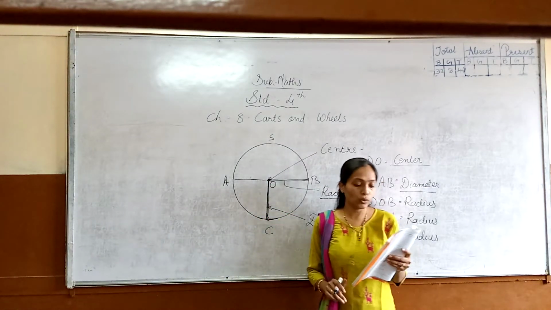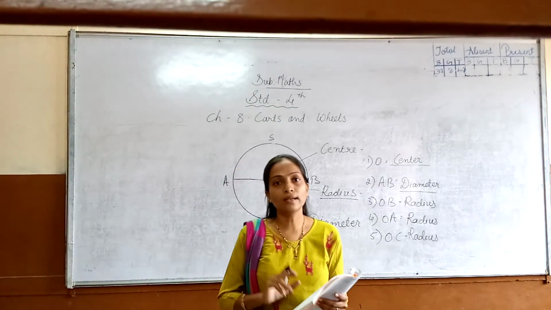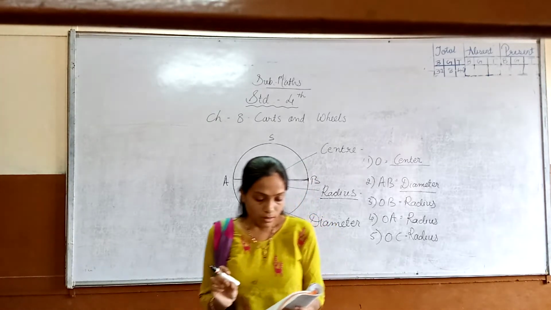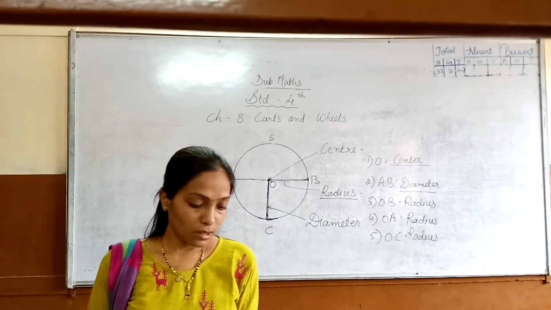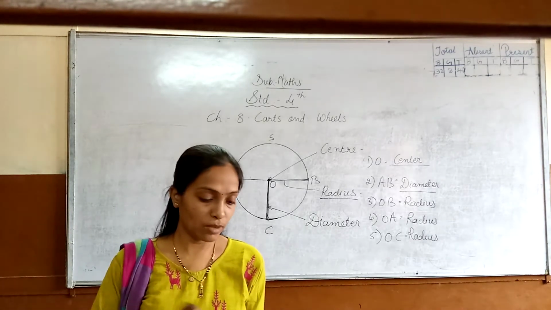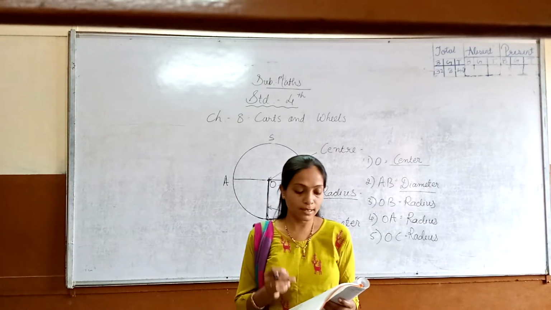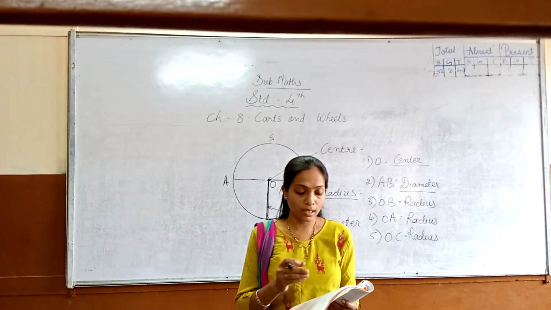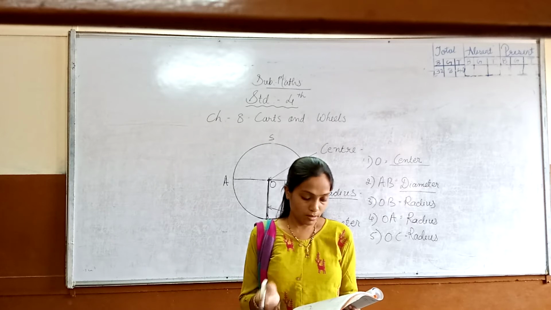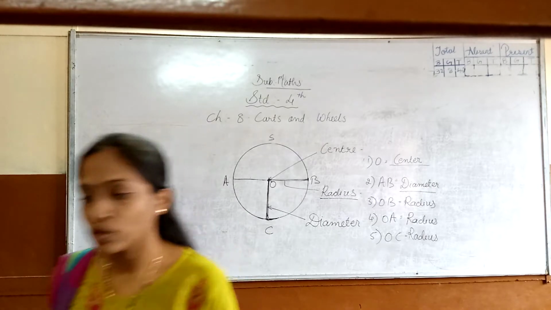Already I have explained that the radius is given and the diameter is double of that radius. Here in the table, for a few the radius is given and for a few the diameter is given. Wherever the radius is given, we have to find the diameter and write it, and wherever the diameter is given, we find the radius and write it.